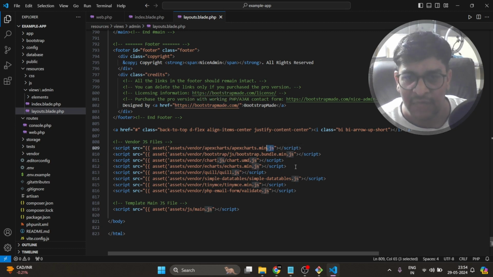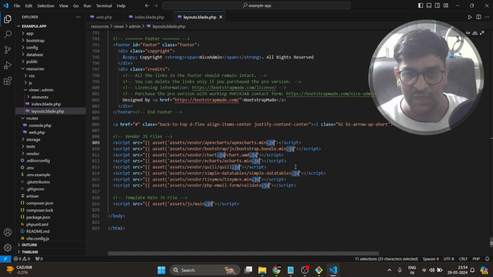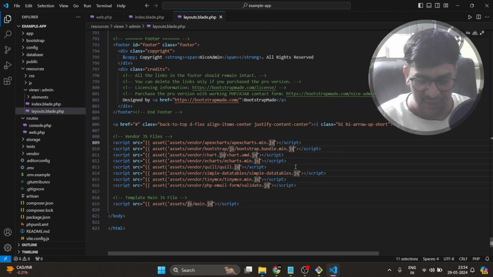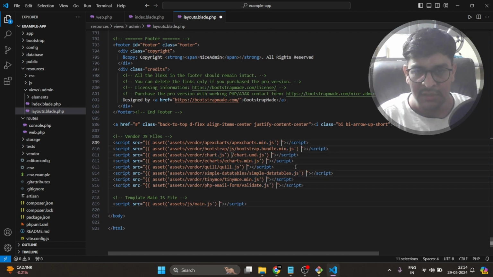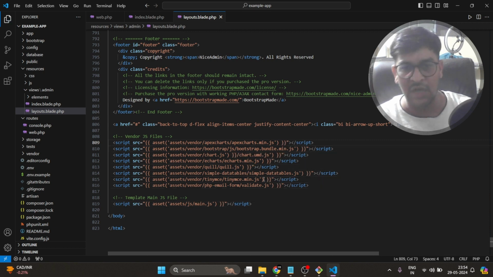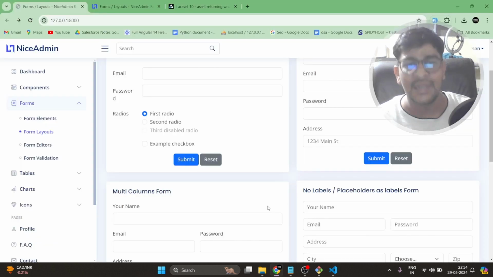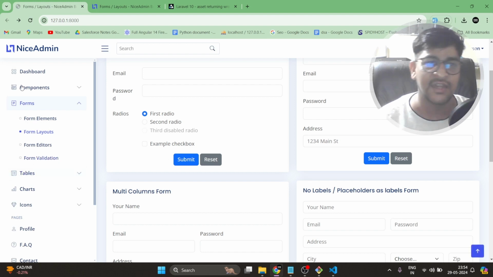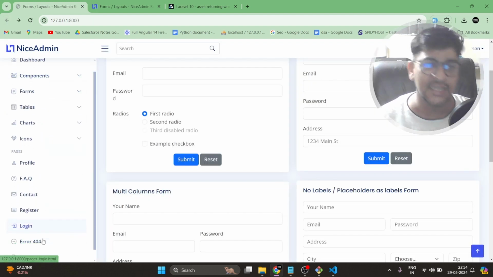Now we remain with the JS. So for the JS I do this again, with curly braces. I hope every file has connectivity now. You can see everything is working perfectly.